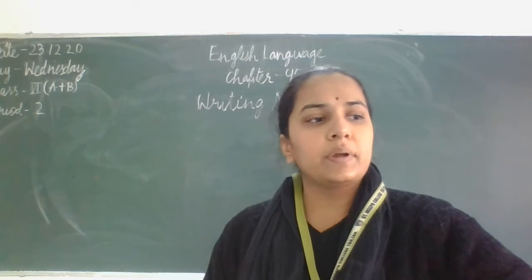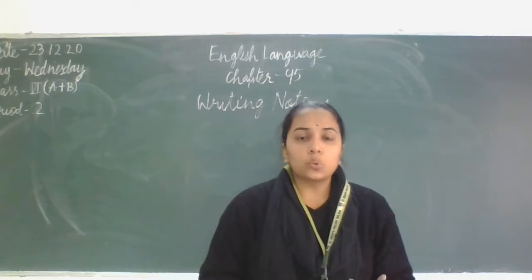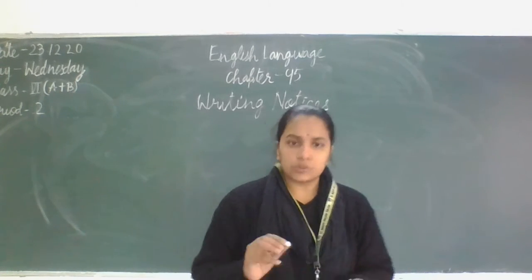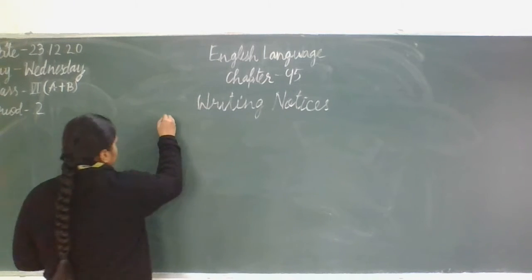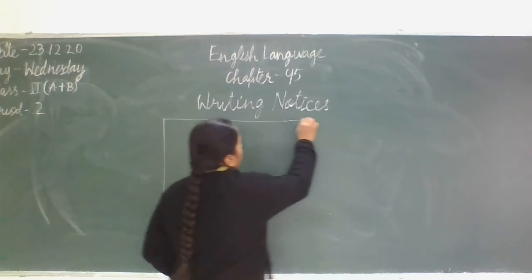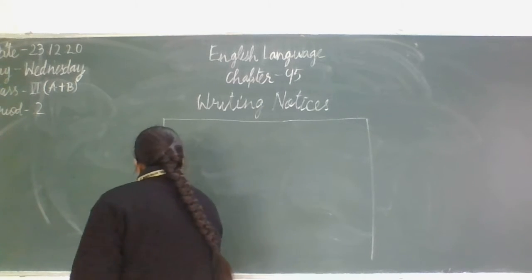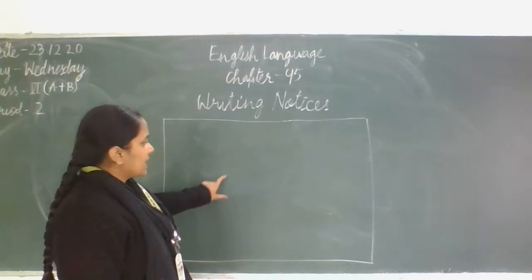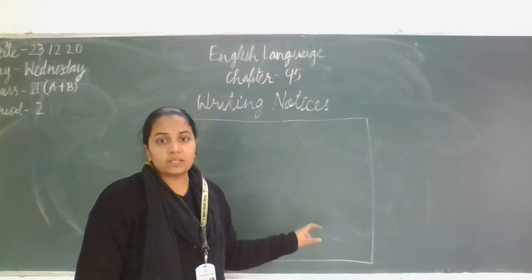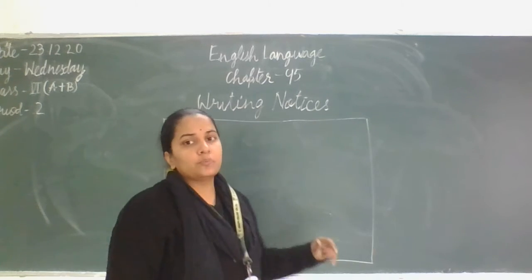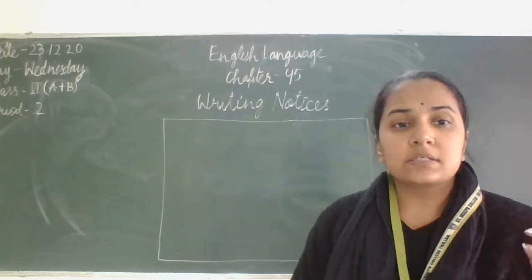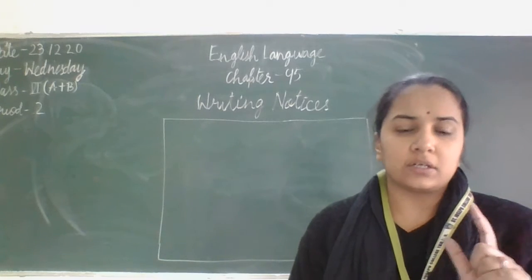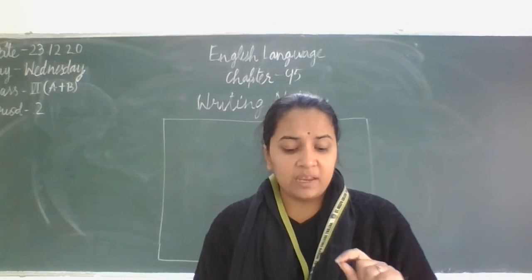Now there is a proper way, a manner in which a notice is written. The notice is written in a box format. First of all, what is necessary in the notice? The box. Now, there are things that are included within this box. All these have to be in a sequence, and that sequence should be followed in the case of all notices. Whenever you are writing a notice, that sequence has to be followed.